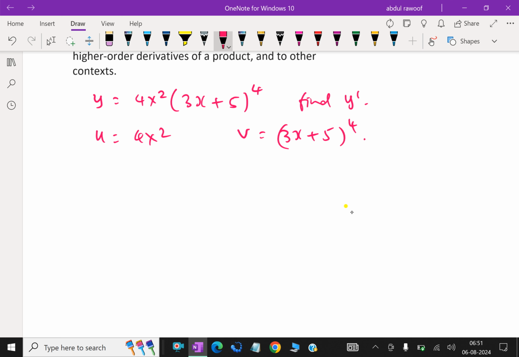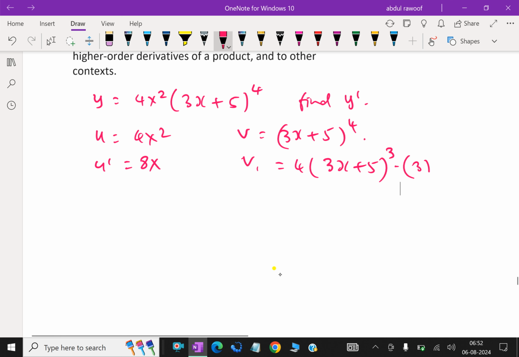Here, the derivative of the first function, u dash: the power 2 comes in front, 4 into 2 is 8, x to the power 2 minus 1 is 1, that is 8x. Here v dash equals 4 into (3x plus 5), reduce the power by 1, 4 minus 1 is 3, into the derivative of the inside function. The derivative of 3x is 3. Therefore, now we can use the product rule, y dash equals u v dash plus v u dash, which